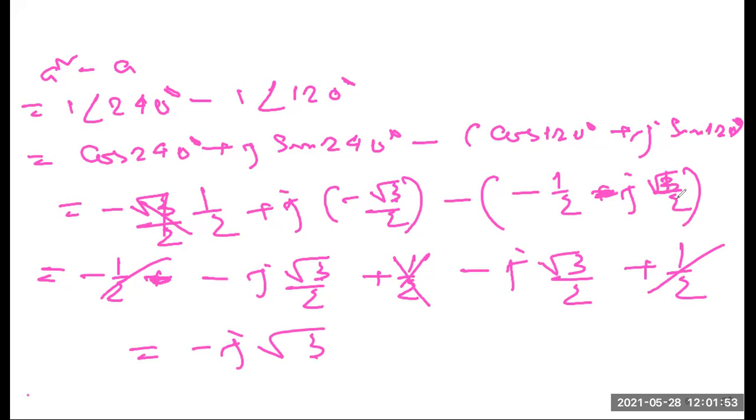This will be minus j root 3/2. So what will happen? This will be minus j root 3/2 we have taken. Okay. So no, this will be all sine, so this will be plus. This will be plus, and this plus and minus will be minus j root 3/2. And this minus and minus becomes plus. So this plus and this minus will cancel. And this is minus j root 3/2 and minus j root 3/2. So this will be minus j root 3. Yes or no? Please tell me yes or no. Yes, sir. Okay, fine. Now it is clear.